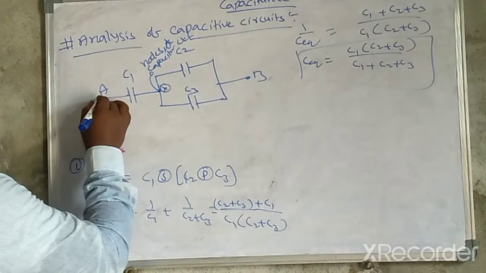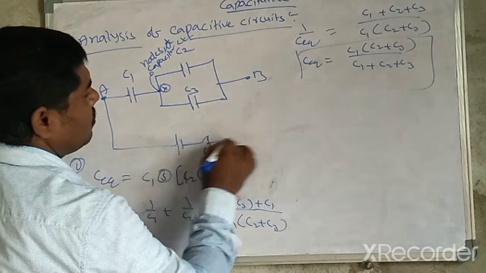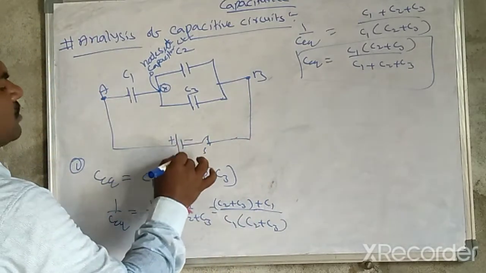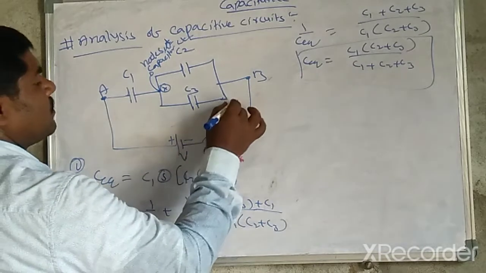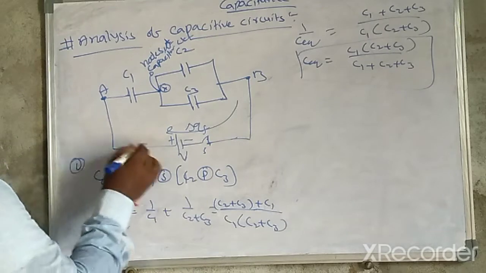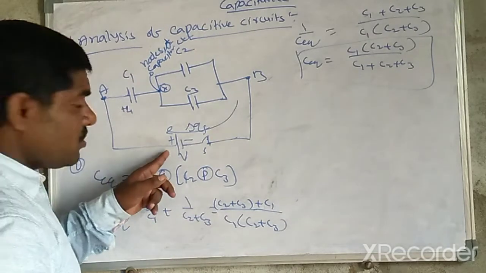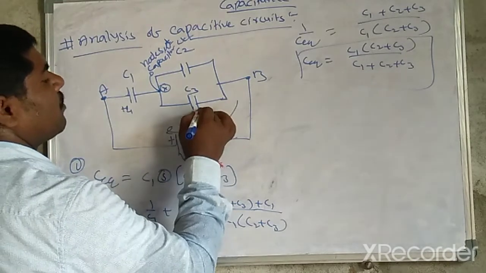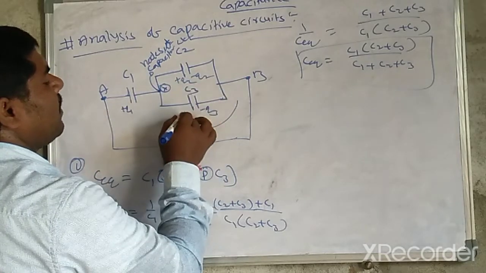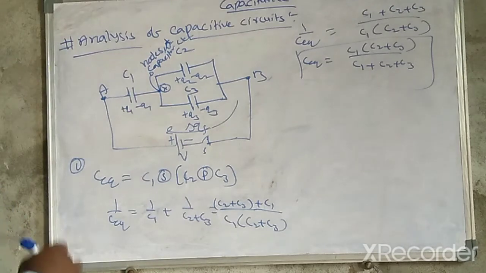Whenever we connect the battery through a switch, here the negative, here the positive, with potential V, the charge flows, Q final. Connecting to the left side of C1, there is positive Q1 because of the battery's positive potential. On the negative side there is minus Q3 and minus Q2, so plus Q2, plus Q3 here, and minus Q1 here. So you may identify it like this.